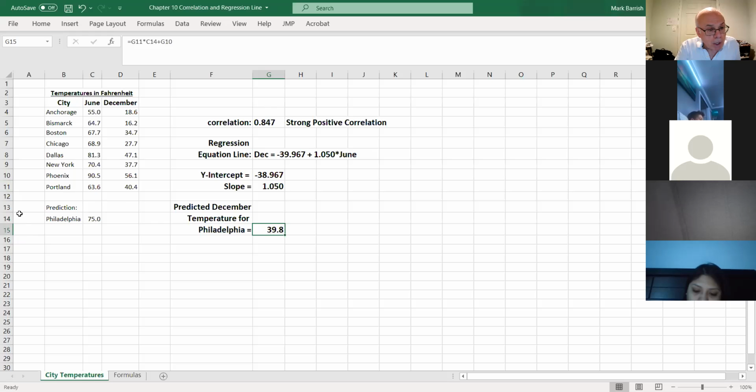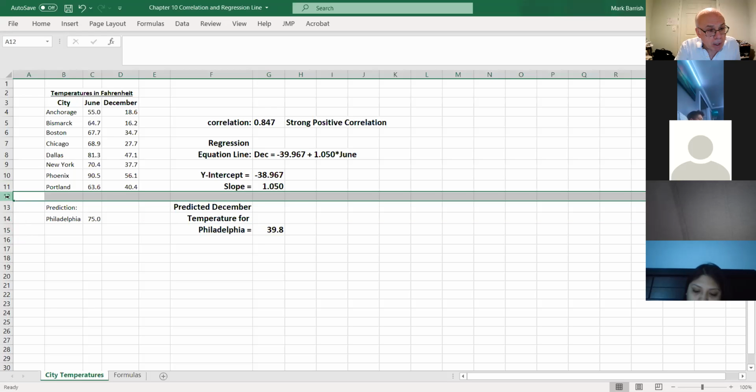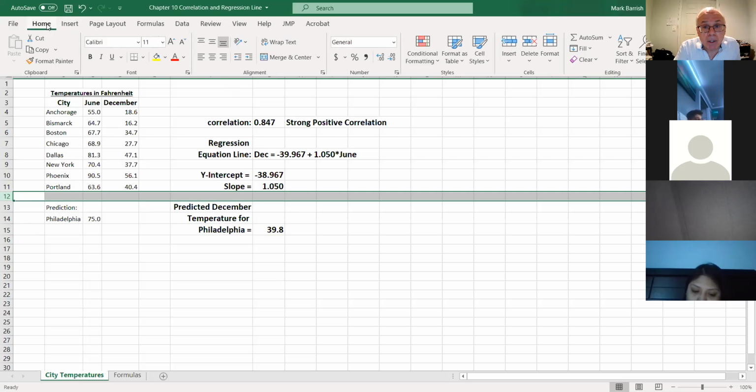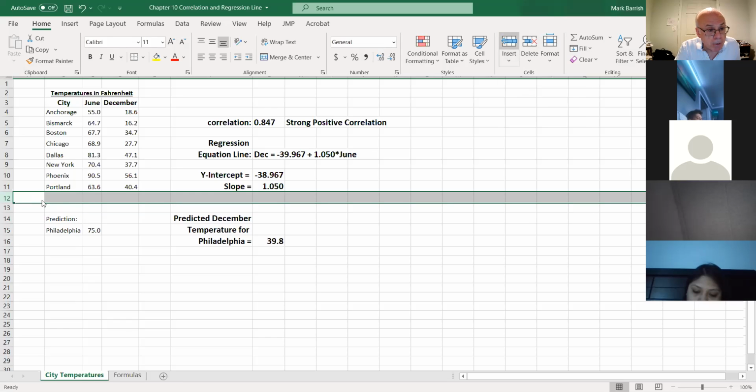insert some rows, right? How do you insert a row? You just highlight the row and then you go to insert up here. Where is it? Maybe it's not there. Let's look, here it is. You go to Home, Insert. If I want to insert a row, I can do that. It says you can insert cells, but you can also insert rows. If I click that, I just added an extra row between here and here. So that's how you would